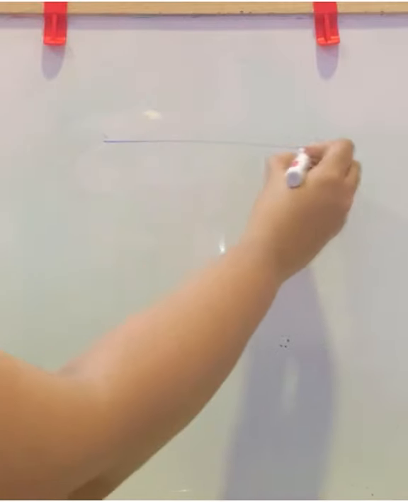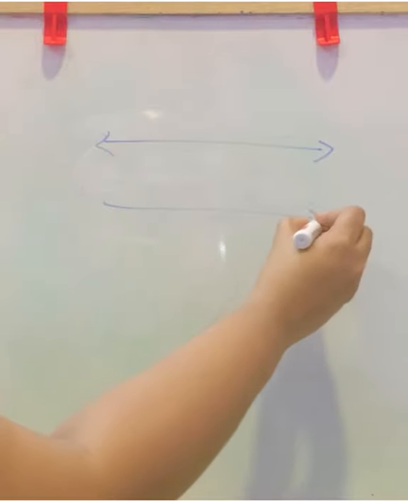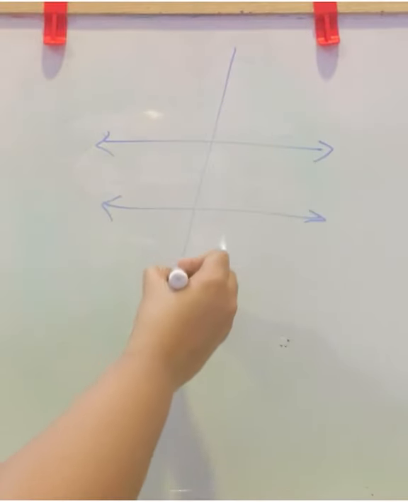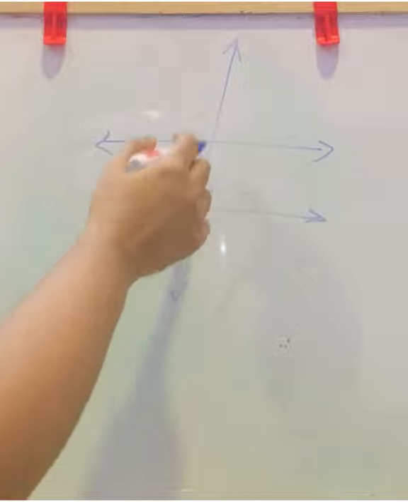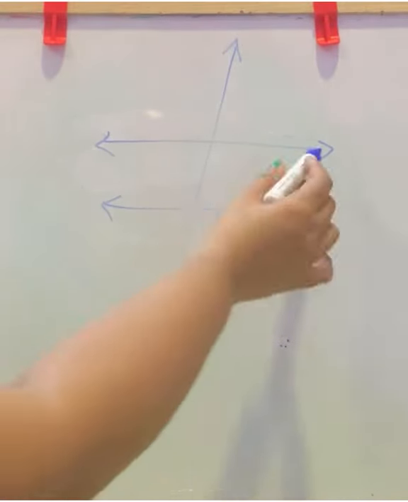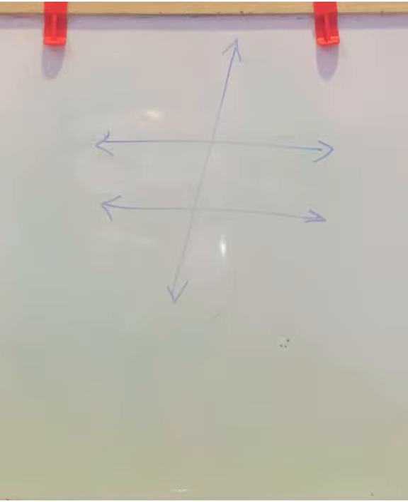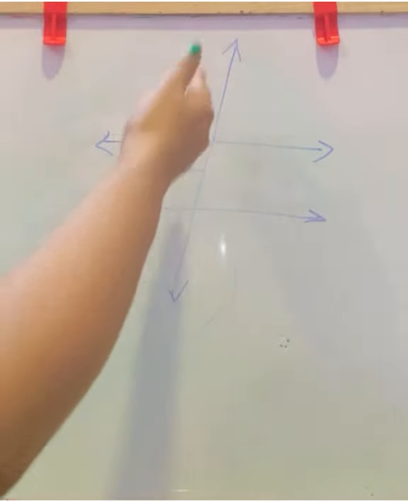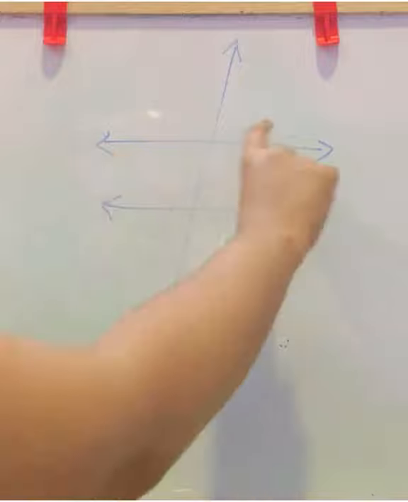If two lines are given and a line is falling on it, then we can say this is a transversal to these two lines. These two parallel lines. Now I am talking about the transversal which falls on parallel lines.